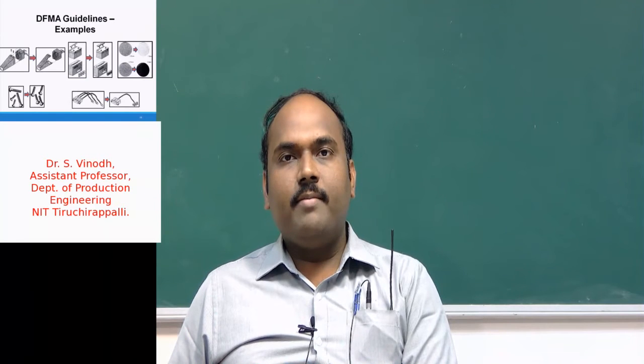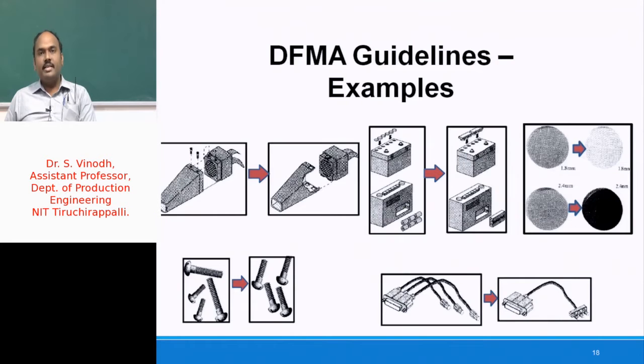So now we could see some examples of DFMA, where the first example is about simplifying the design, and the second one is about the modular design, where we could see the modules which could be replaced easily, and the third one is about differentiating the non-geometrical parts by means of the color coding, and the one at the bottom left side is avoiding the separate fasteners, and the one on the right side, the bottom, is about integrating the design, where we could see the complexity is being minimized.